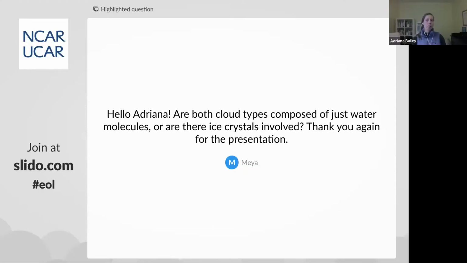Yeah, thanks. These are all low-level clouds that I'm discussing, so these are all warm clouds made up of droplets instead of ice. You may have gathered from some of the detrainment height diagrams that a lot of these clouds are forming at roughly 700 meters and then detraining as low as 1-2 kilometers. Flight 4 was really an exception, with some of these clouds detraining up around 3.5 kilometers.